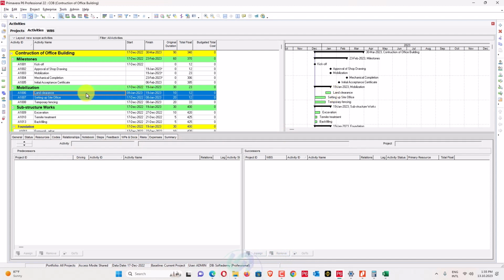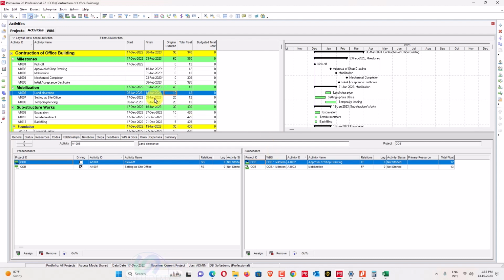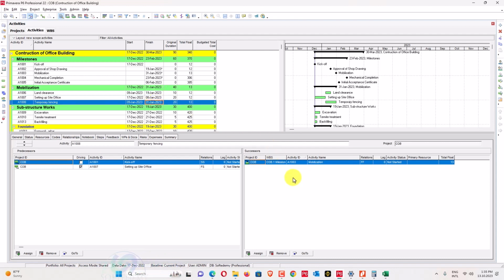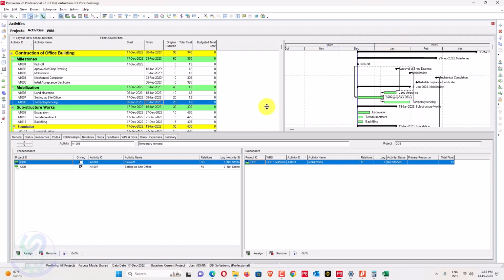And also I will say that after setting up offices, temporary fencing should start. I will just click on this one, and I can also assign this one. So this activity will start like this one and this one also. Okay, so you can see here, when we go here, the links are very clear. So this activity has a 20 days duration, 10, 20 and 20. So this has reached up to 19 of January, and this has reached up to